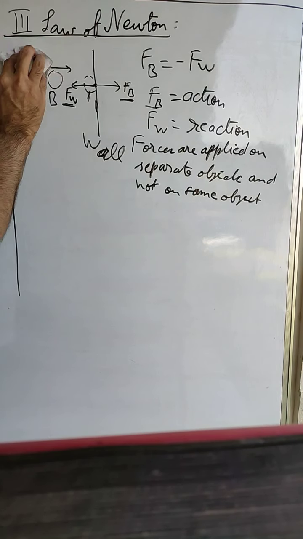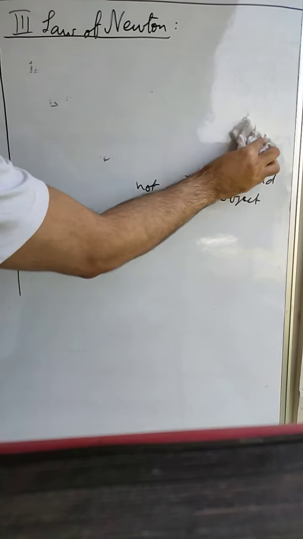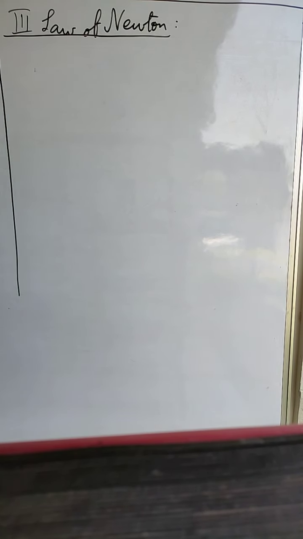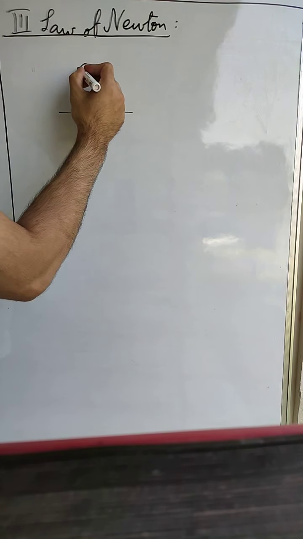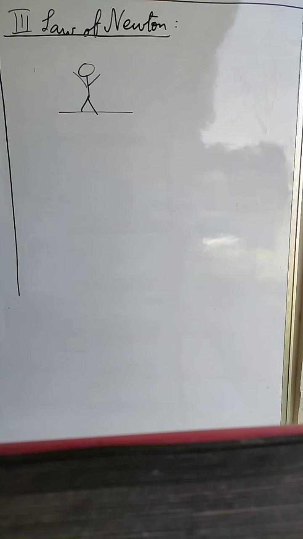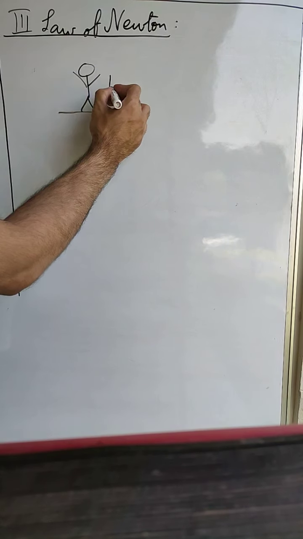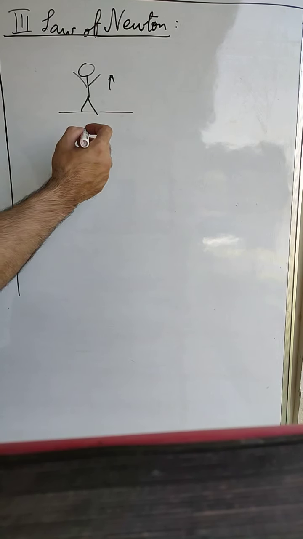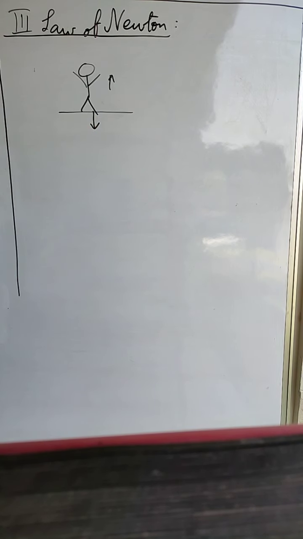Let us take another example. For example, you are standing on the ground. You are just standing, you are doing nothing, you are not moving. Now, if you decide to jump, what will we do? Now, in our daily life, we do not observe what we are actually doing to jump or to walk or to run. We simply think that when we bend our legs and force upwards, we jump. But that is not actually the case. We are not applying force in the upward direction. Actually, we are applying force in the downward direction on the ground.